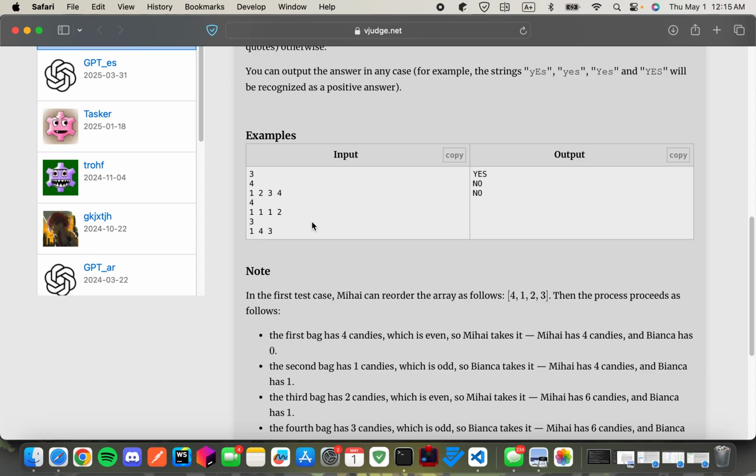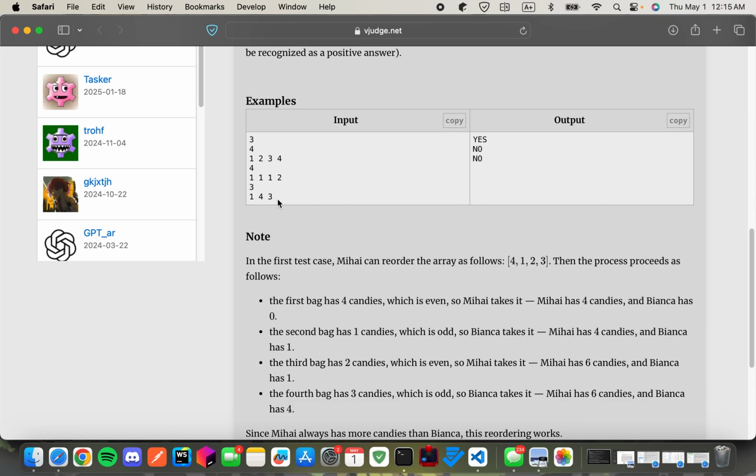So let's just try one, for example. We can do 1, 2. Okay, Mihai has more than Bianca so far, but then she places down another one, so it's 1, 2, 1, and that wouldn't work anymore, right?